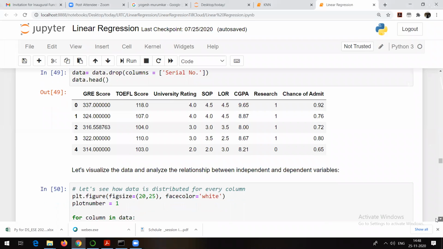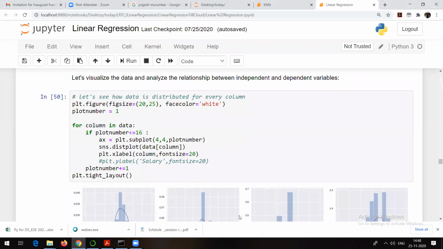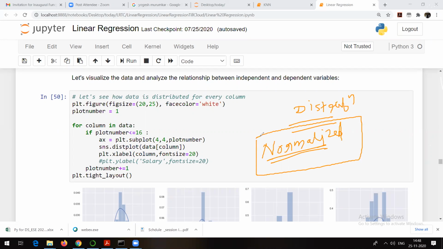Next thing, now we will see how our data is distributed. Why are we going to see the distribution of the data? If you remember, I told you the basic requirement for the machine learning algorithm is that the data should be normalized, right? If your data is not normalized, if it has some skewness, your model might become an overfitted model, and we do not want an overfitted model. That's why your data should be normalized, that is, symmetric.